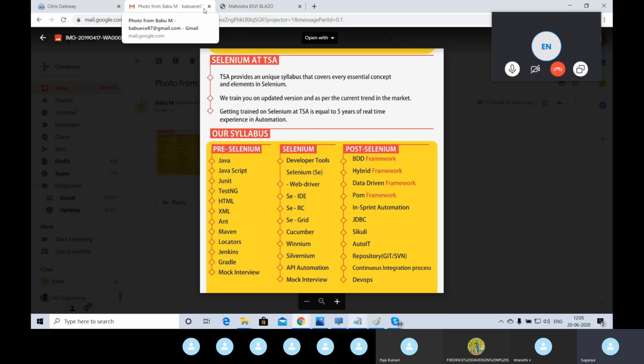Got it? But the advantage of using Winium is that the Selenium script and the Winium script will look like each other, but the AutoIT script will be different from them. So you need to learn the AutoIT script separately. You got it?